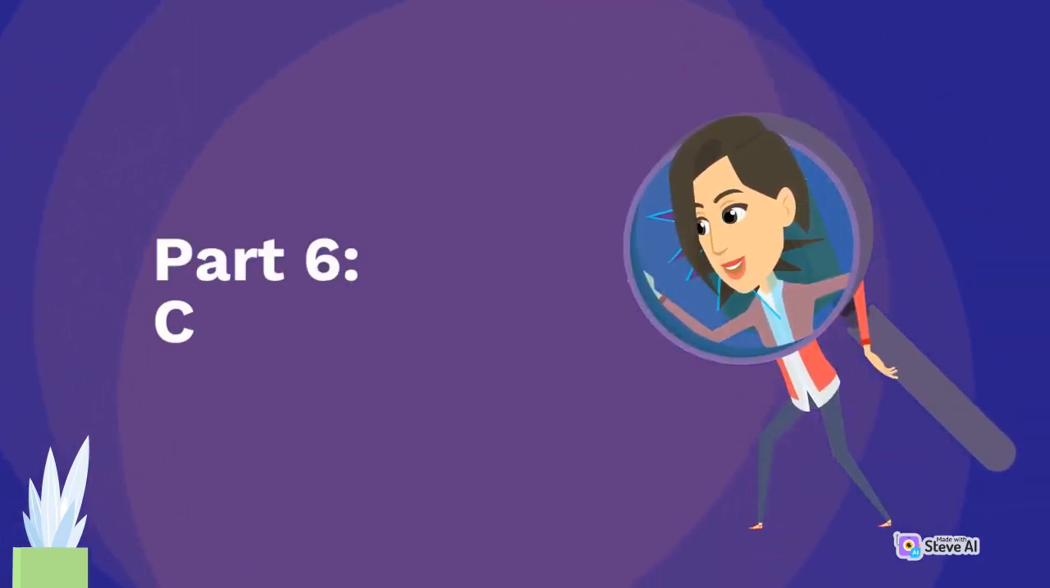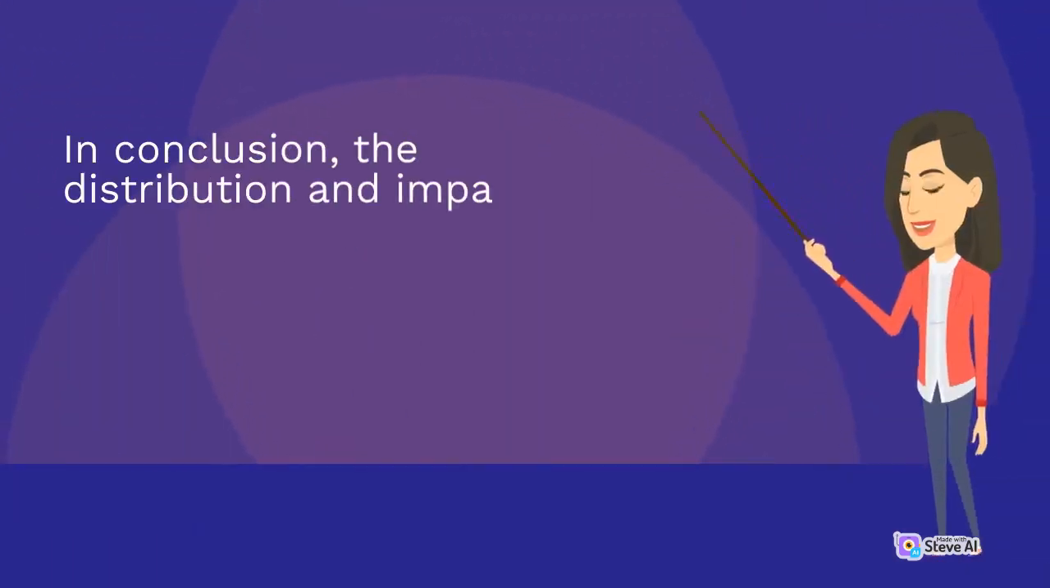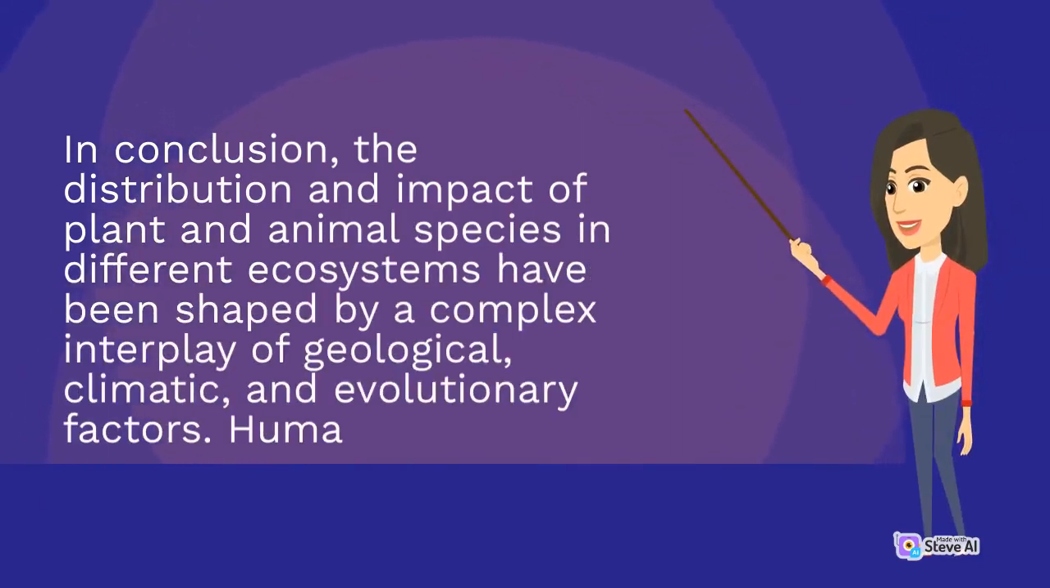Part 6. Conclusion. In conclusion, the distribution and impact of plant and animal species in different ecosystems have been shaped by a complex interplay of geological, climatic, and